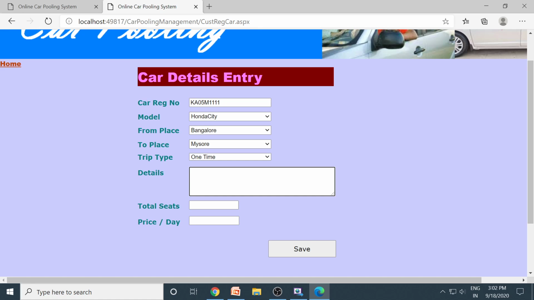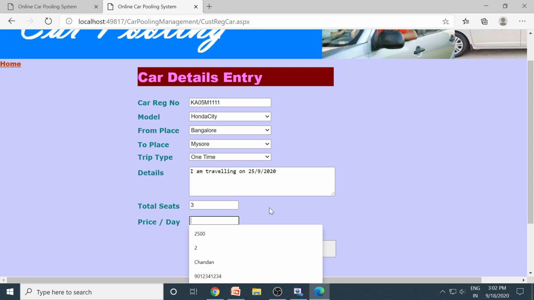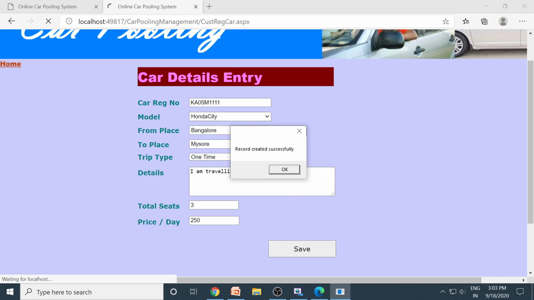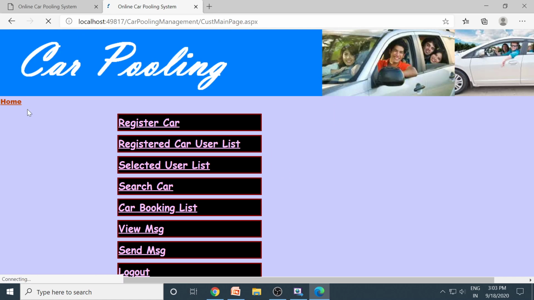So I'm traveling on 25th 9/2020. Total seats available 3. Price. So to travel in this car to the destination, how much does it cost? It costs you 250 rupees.